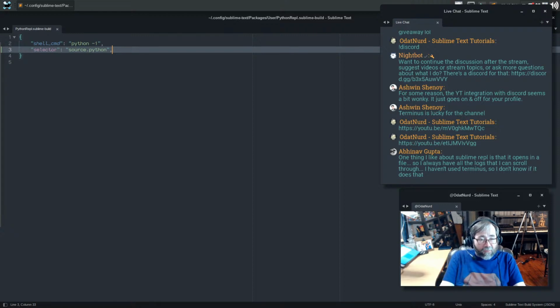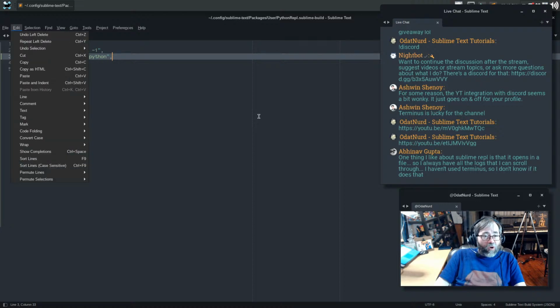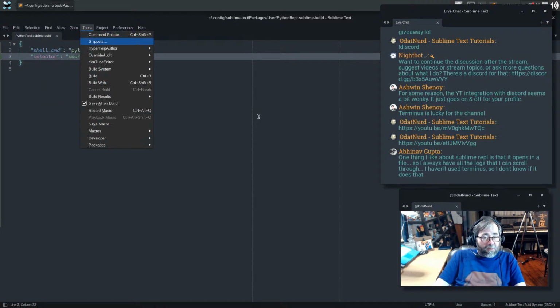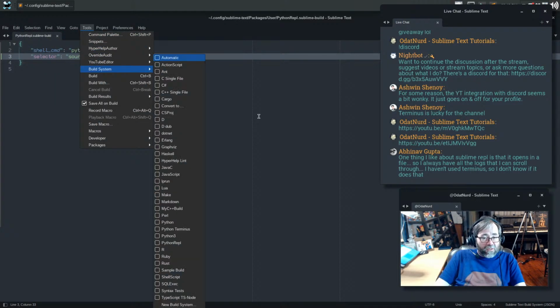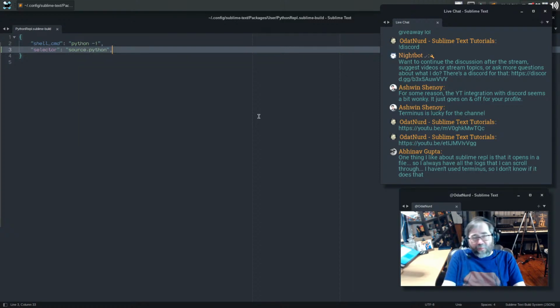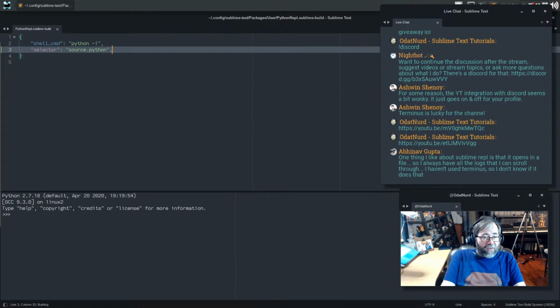And as we can see here, for our purposes, I'm going to set the build system, specifically under Tools, Build System, to Python REPL, because this isn't a Python file right now. Probably makes sense to make this run a file, right? If I hit the key, this looks like a REPL environment, but no matter what I type into this, nothing actually happens. And that's because this is only for displaying output. It doesn't do anything else.